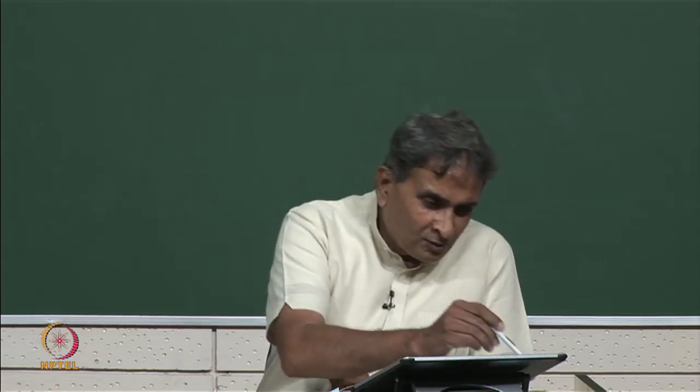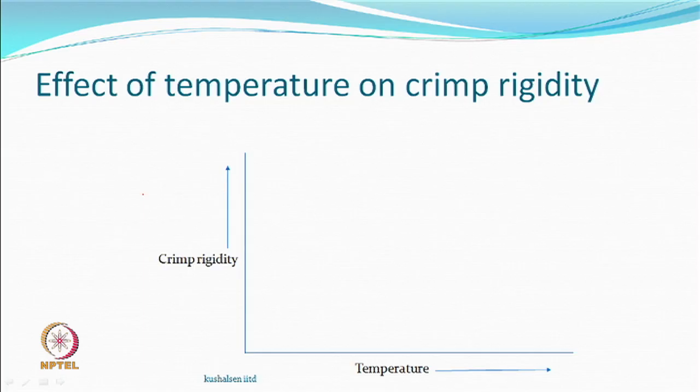Then we look at this value, which of course, the whole reason why we are texturizing is we want crimp characteristics to be improved. So, you remember what is crimp rigidity by definition. So, basically it is a recovery, how much it can recover and how much it recovers after deformation, which is fully extended state of the fiber, right.